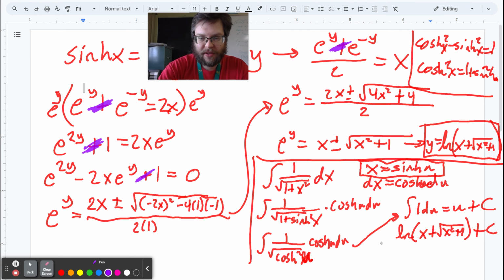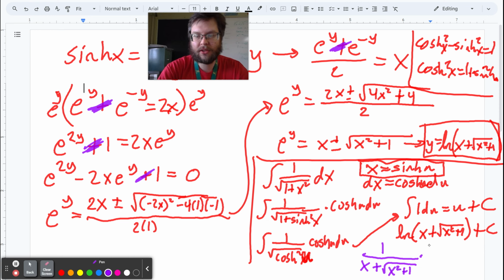If you take the derivative of it, you'll do 1 divided by the inside function, x plus square root of x squared plus 1, multiplied by the derivative of the inside function, which is 1 plus 1/2 times x squared plus 1 to the negative 1/2 times the derivative of the inside, which is 2x. Believe it or not, this actually simplifies down to the original